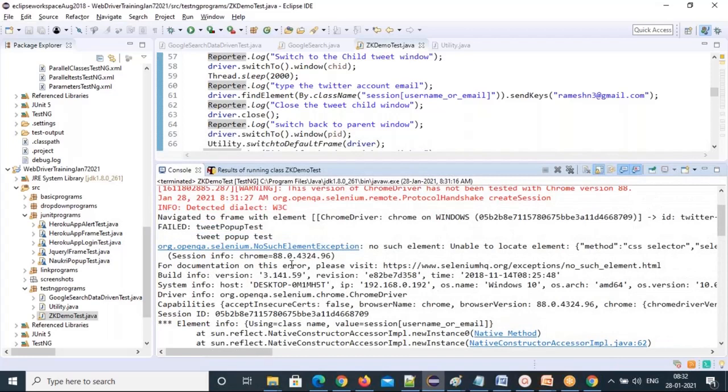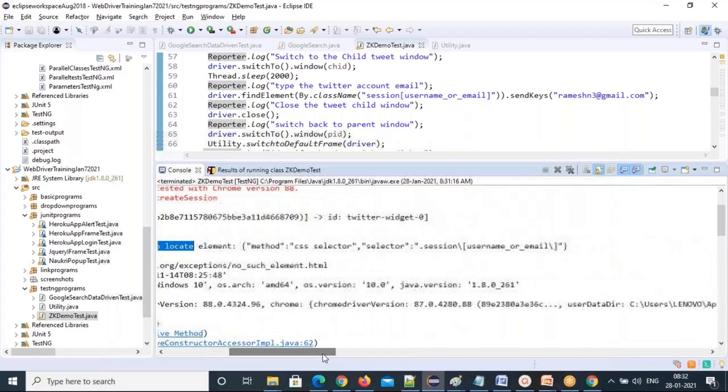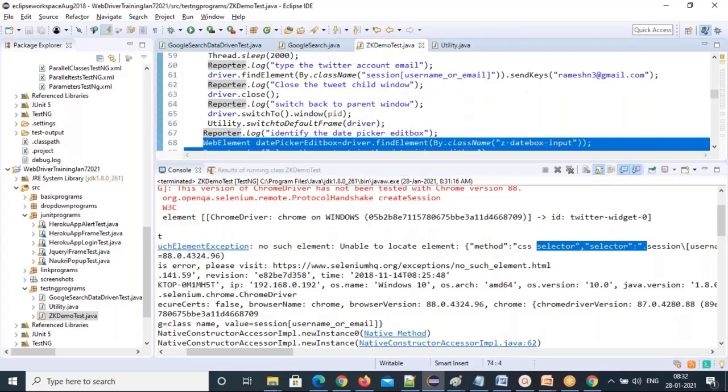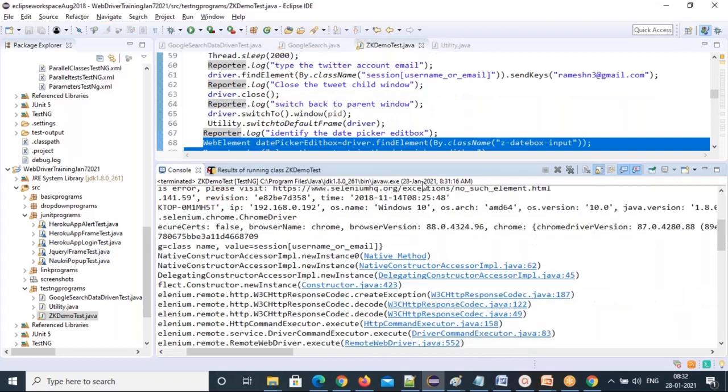Just don't worry, just read. No such element exception. Unable to locate element. So I think something is wrong with the value we have given. If you are getting a problem with this, you can easily get the line number also. See, that line number you will get.